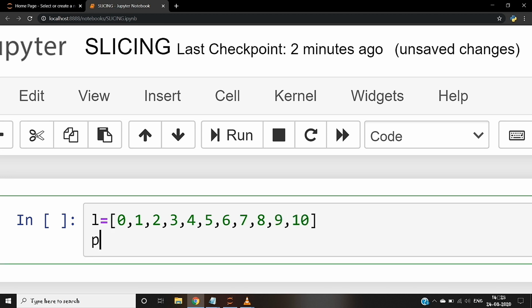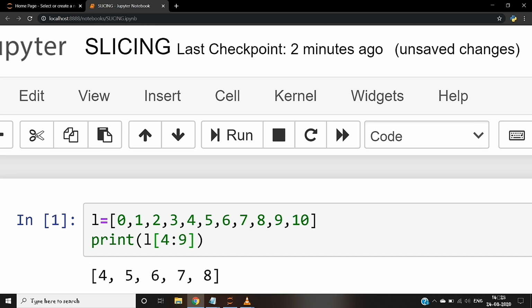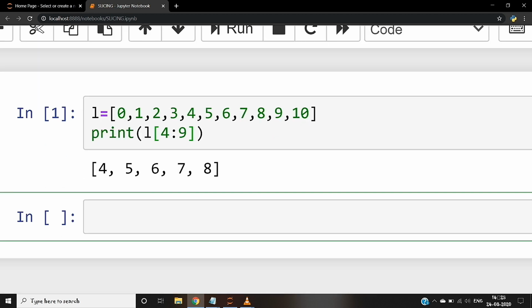Now we know a Python list works based on zero indexing, and we can use an index to access one element or many elements from the list. Let us see how to do this with the slicing operation. The syntax for slicing is the list variable, square brackets, within that start : stop : step.